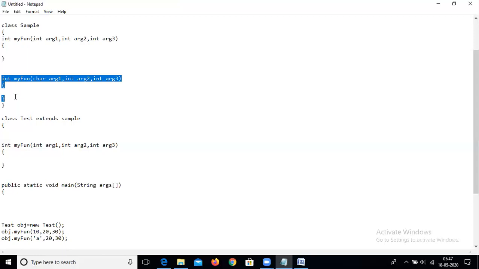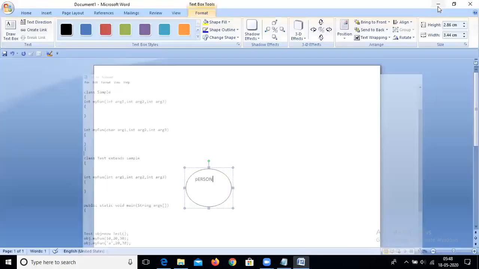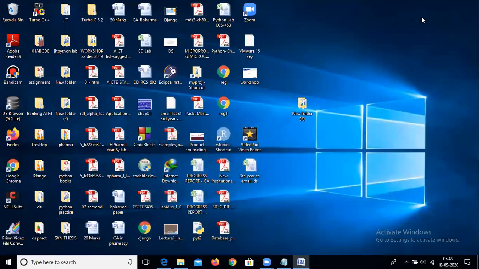In this case the superclass function will be called. This is the way of method overriding in Java, but in Python we cannot create method overriding directly. When I teach the Python lecture, I will show you how to create an indirect way of method overriding.